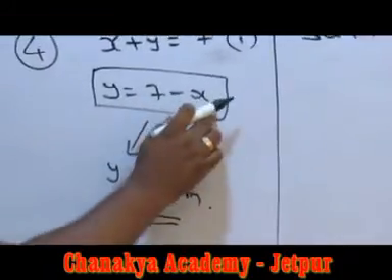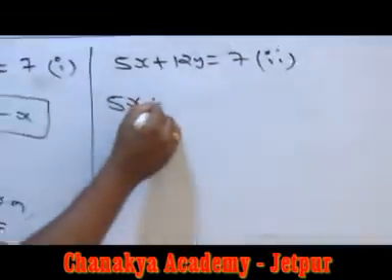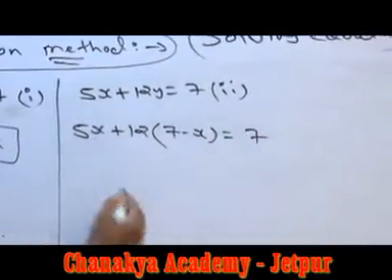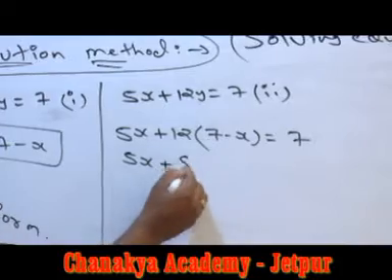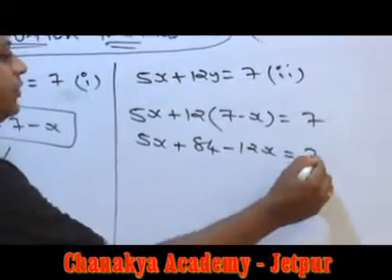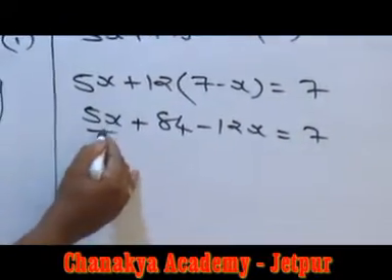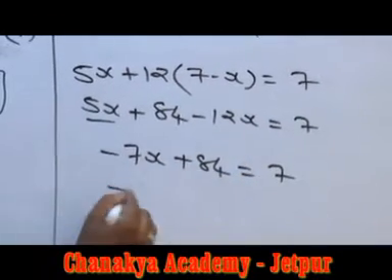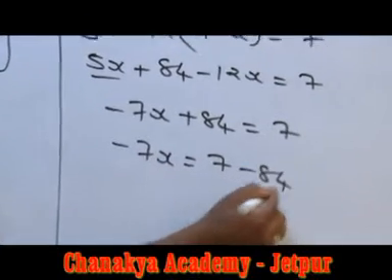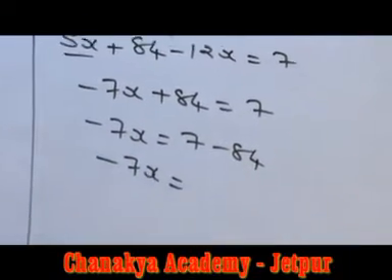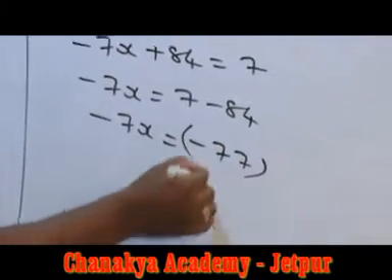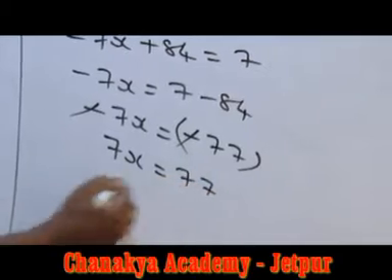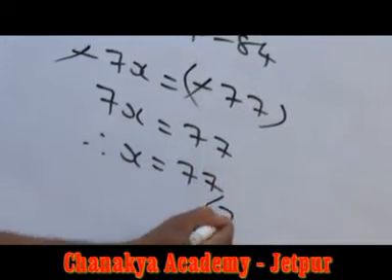Substituting the value of y equal to 7 minus x in equation number 2, 5x plus 12 bracket, value of y is 7 minus x equal to 7, 5x plus 12 7s are 84 minus 12x equal to 7. 5x minus 12x gives minus 7x plus 84 equal to 7, minus 7x equal to 7 minus 84, minus 7x equal to 7 minus 84 will give us minus 77. Cutting the negative symbol on both sides, 7x equal to 77, finally x equal to 77 by 7, therefore x